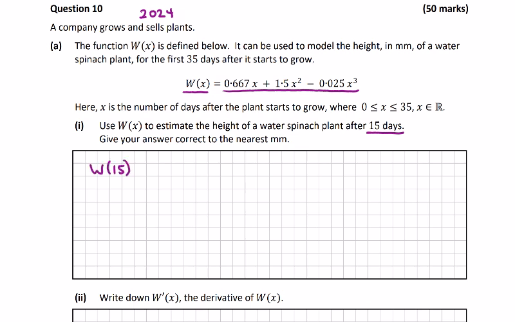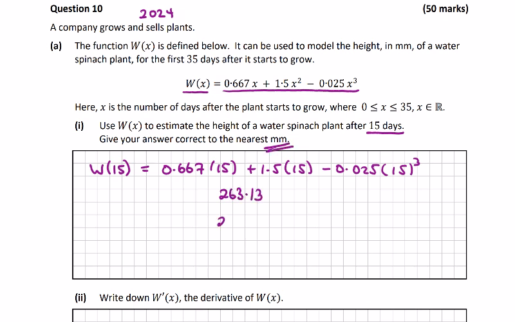So 0.667 times 15 plus 1.5 times 15 squared minus 0.025 by 15 cubed. If we type this into our calculator, we will get 263.13, and correct to the nearest millimeter, 263